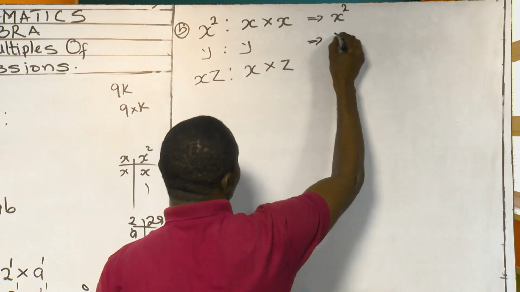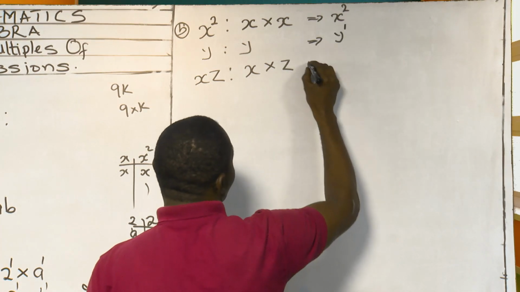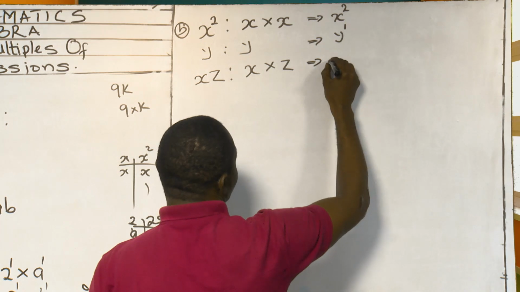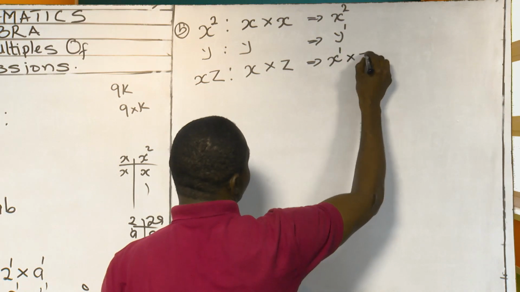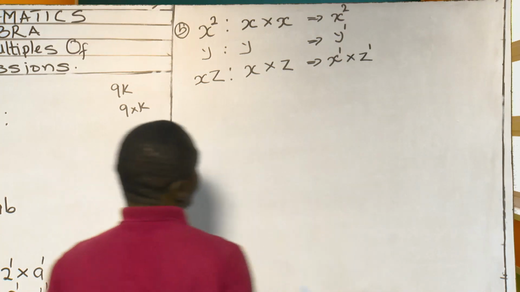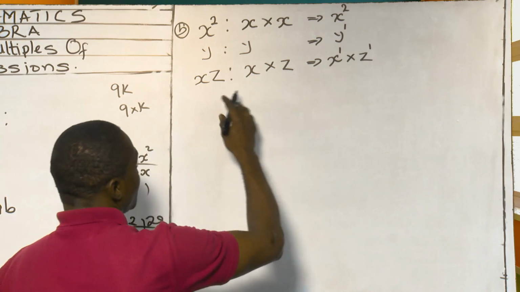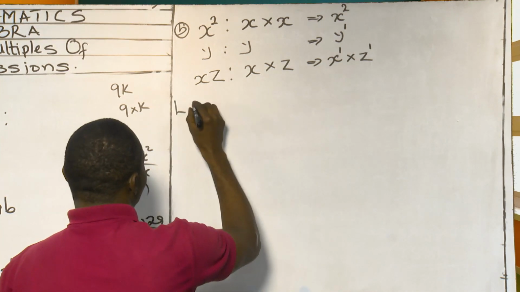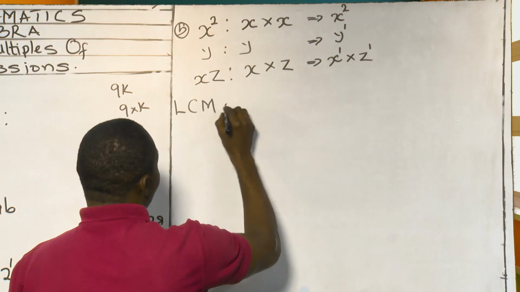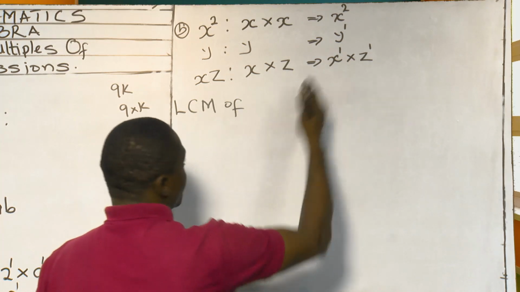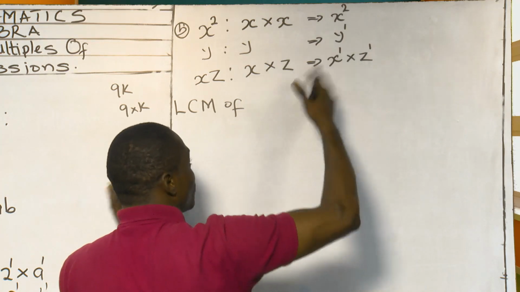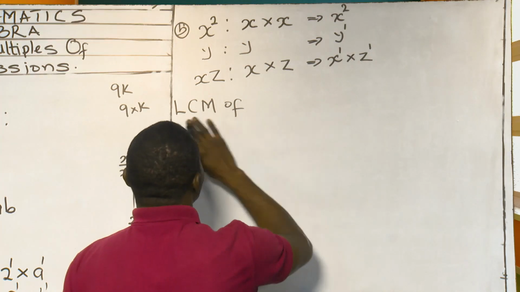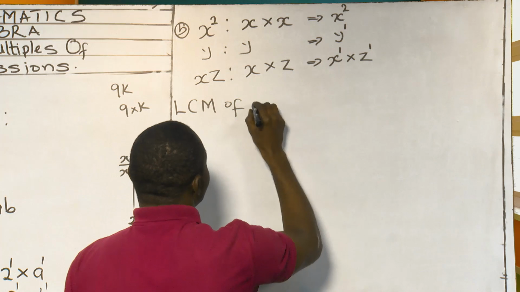This gives us Y raised to power 1, and XZ can be expressed as X raised to power 1 multiplied by Z raised to power 1. So, to save time, since you have had the idea, let us save time. The LCM of S squared,